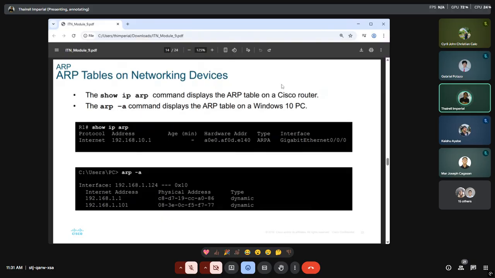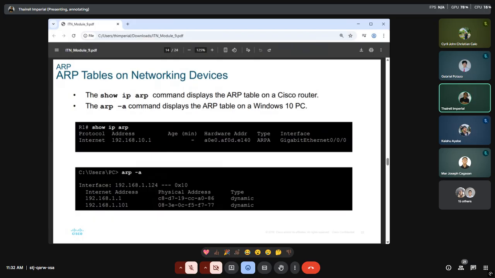Okay, so privilege exec mode, because you know that you are already in privilege exec mode when the command line interface shows the name of the router followed by the hashtag. Then type in the command show IP ARP. Okay, and then it will show exactly this information here,